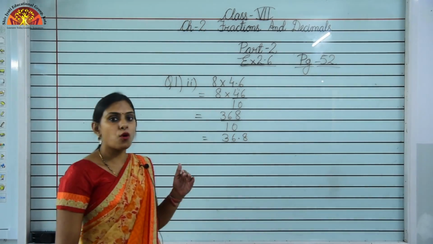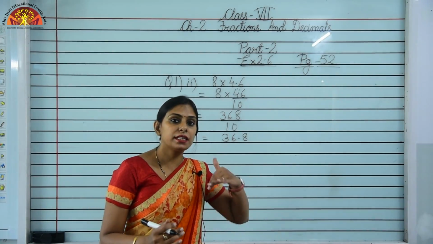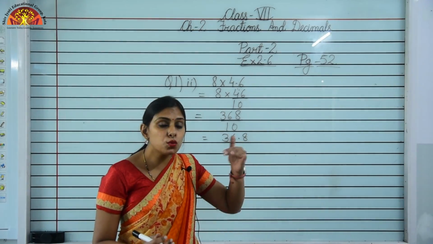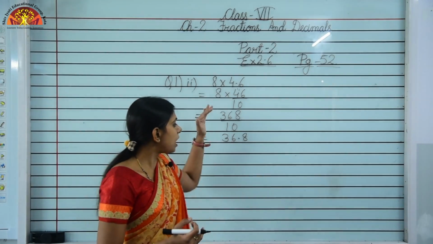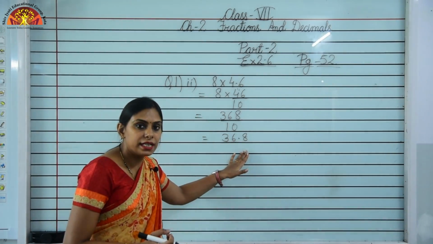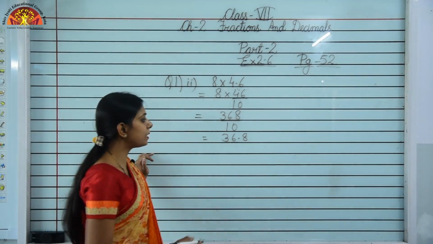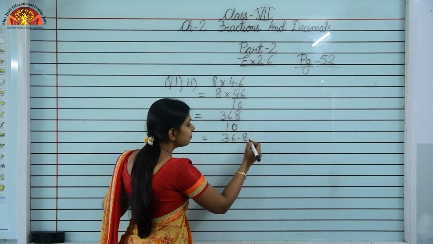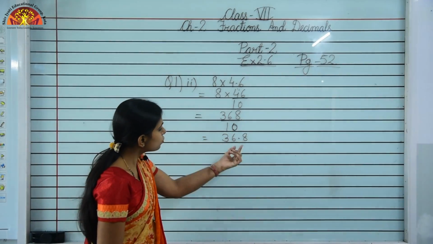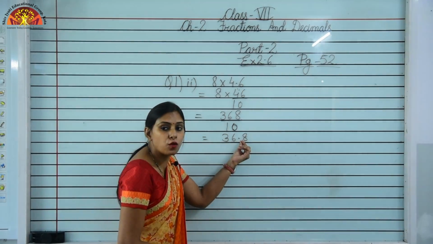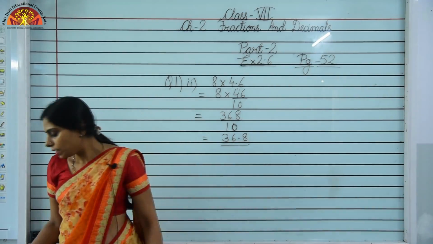Okay children, as you already know that whenever we do multiplication, the value increases, it keeps on increasing. But when we divide, the value decreases, it gets reduced. So here we are doing multiplication, so the value is getting increased. Now here what we did, 368 divided by 10. So we'll just put the decimal from the right after one digit, because it is 10. So the decimal will be placed after one digit from the right. So it will become 36.8. Okay. Now just see the next one.